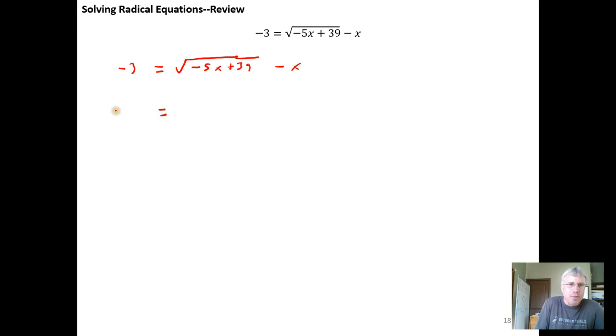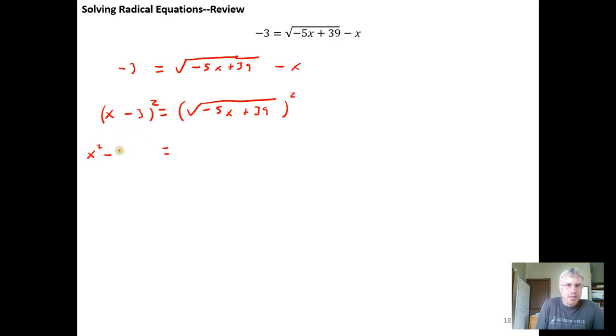So if I do that, I would add x to both sides. I'll have x minus 3 on the left side, and I'll have the square root of negative 5x plus 39 on the right hand side. And then to eliminate the square root, we would square both sides. And if we square this out, we get x squared